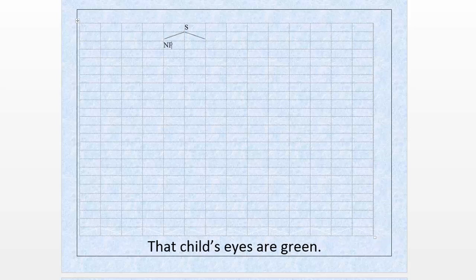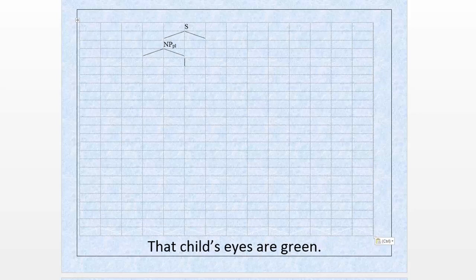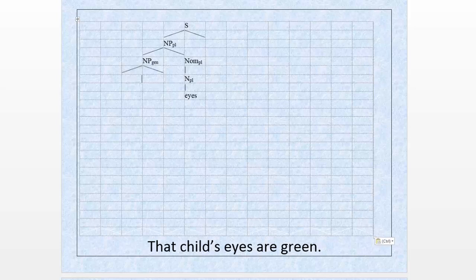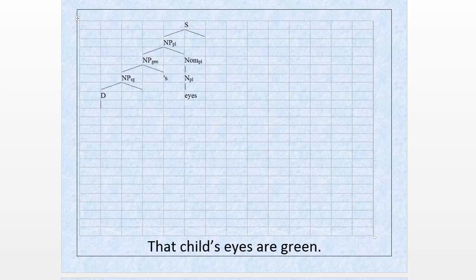All right, so again, we've got a subject. This time it's plural, and it's going to consist of the head noun, which is eyes. And then functioning as our determiner is, instead of a determinative, the NP-gen, that child's, his or her. So we have the apostrophe S there, and that combined with, again, a singular noun. It has its own determiner. Again, clearly that has to go with child. It cannot go